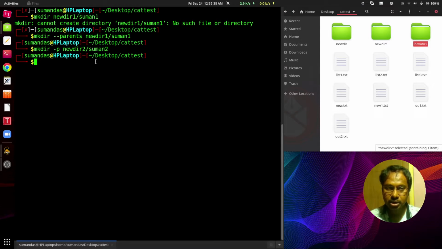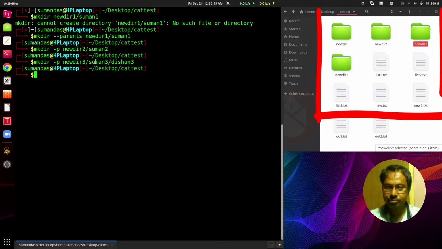If we want to create another one with another subdirectory under Suman 2, so here we can suppose create a new directory, new dir 3, then Suman 3, then suppose Dishan 3. Press enter.